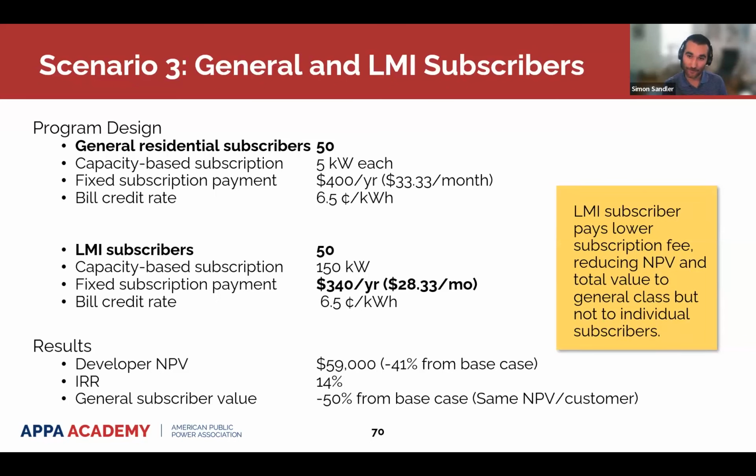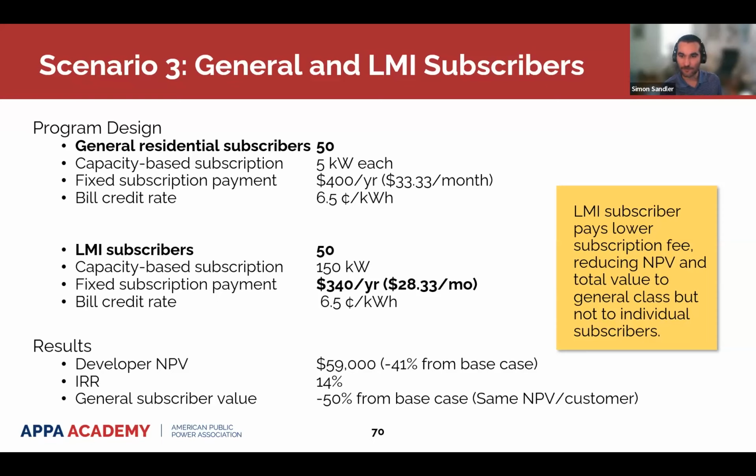All right, so scenario 3. So what if we switch it up again a little bit, right? Rather than an anchor tenant now, what we're going to say is the program is set up so that it's a 50-50 split. We have half that are just general residential subscribers and half which are LMI residential subscribers. So they both get